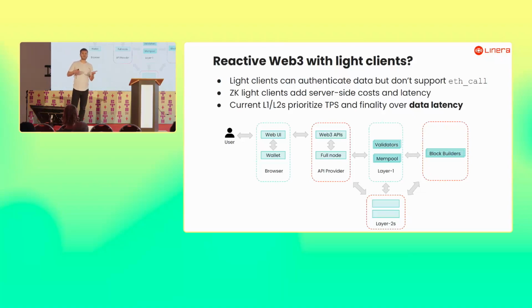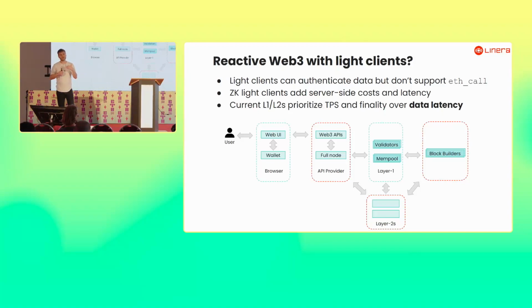There's a technology called light client. So you basically ask the API provider to prove to you that the data that are served are authenticated, are correct, and tied to the security of the underlying blockchains. The problem is the light clients come with a number of restrictions. They don't support arbitrary calls. They can only prove to you the stored data. And in practice, the adoption is very low.